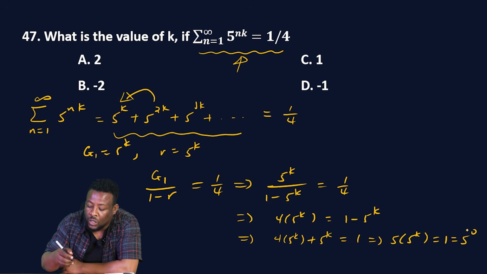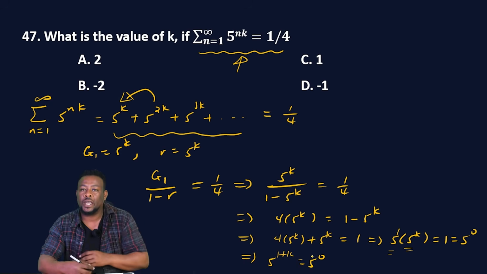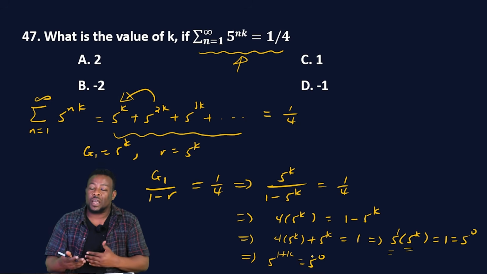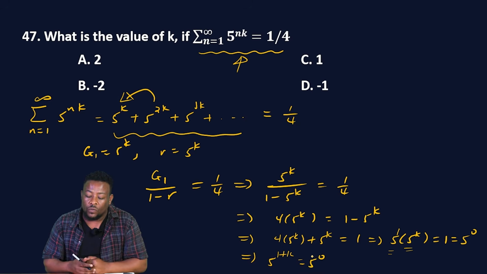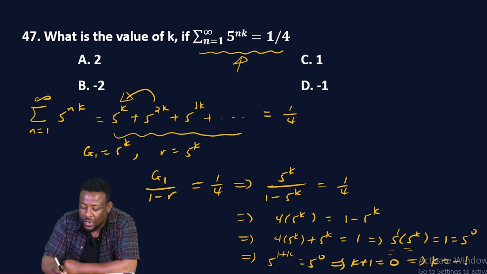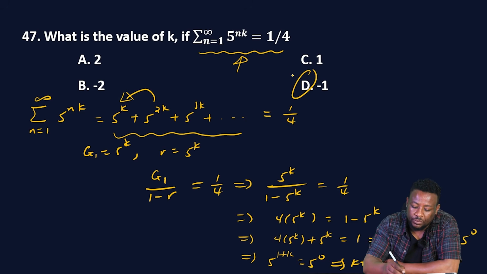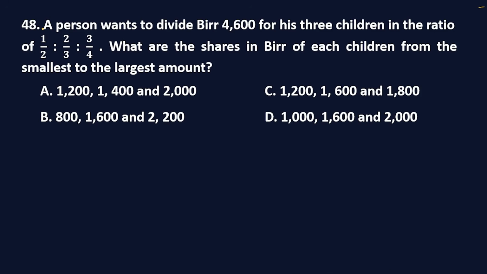ወይንም 1ን 5 the power of 0 ልትሉት ትችላላችሁ። So 5 times 5 the power of k ማለት 5 power 1 ስለሆነ እንደዚህ ልናደርገው እንችላለን፣ 5 the power of 1 plus k is equals to 5 the power of 0 ማለት እንችላለን። ለምን any exponential having the same base multiply ስናደርግ ፓወራቸውን ነው የምንደምረው። So 5 the power of 1 plus k, 5 the power of 0 ከሆነ k plus 1 0 ነው ማለት ነው። In this case የk ዋጋ -1 ሆኖ እናገኘዋለን። So ለ47ኛው ጥያቄ መልሳችን የሚሆነው d ነው ማለት ነው።